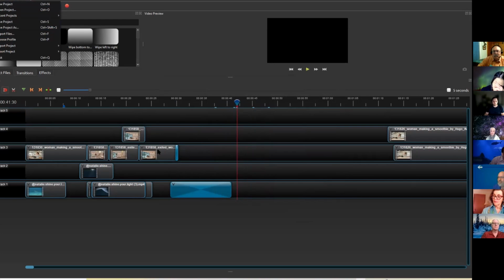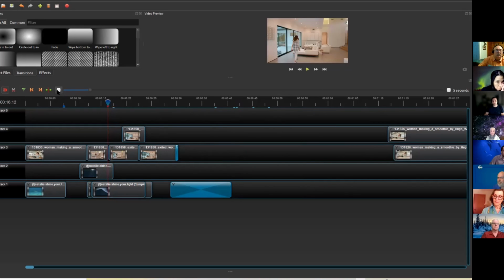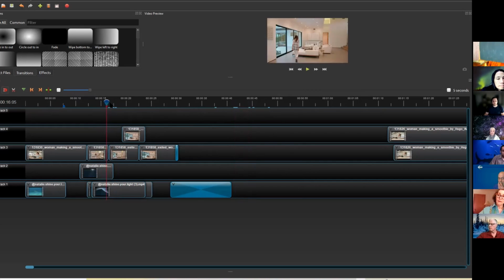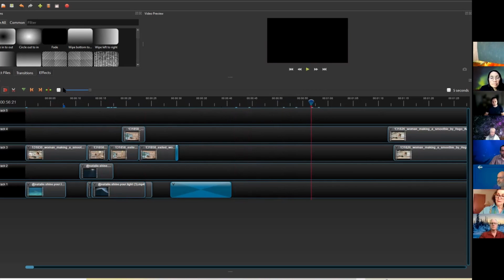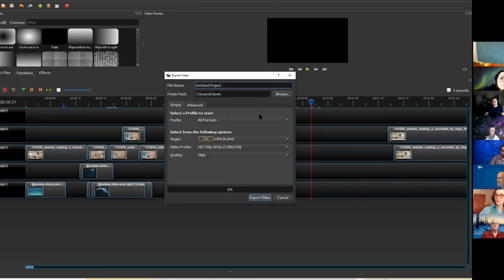It looks like it exports the entire project, and I do not see any option for in and out points. Really what I mean by in and out points is, on some editing software, say you only wanted to export from this playhead all the way to the left, you would set an in point here at the beginning and an out point here at the end, and then that's all you export, and you won't export all of this footage over here. But this appears to be exporting the entire